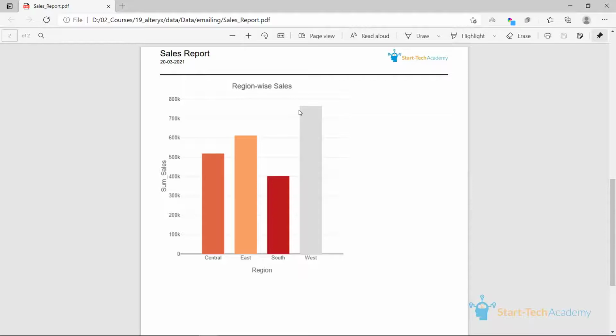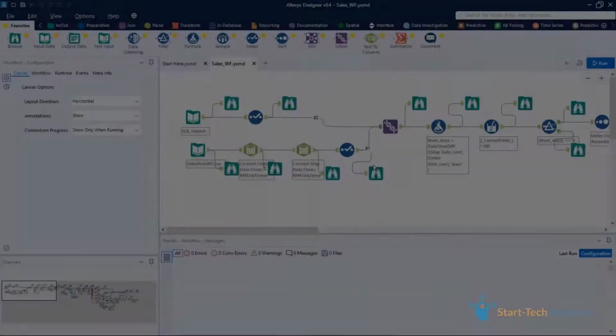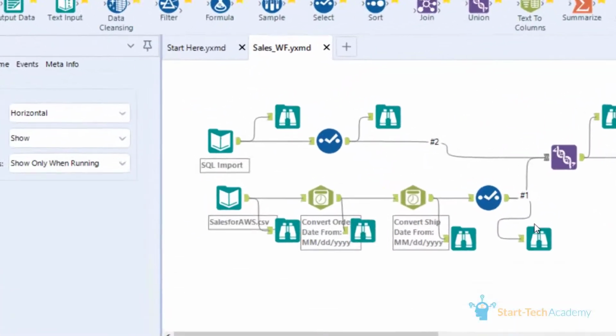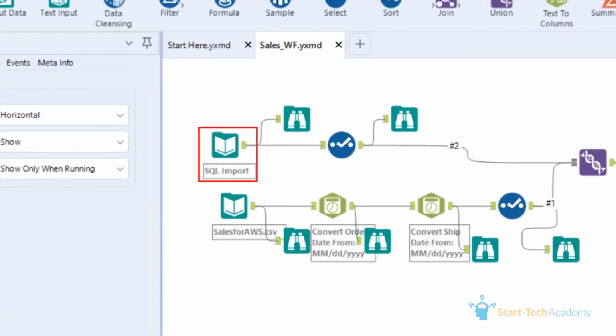Here enters Alteryx. As I've told you earlier, you can automate your analytics process using Alteryx by setting up these individual tools to perform each of your individual tasks. For example, this small tool here is reading the data from an SQL database.